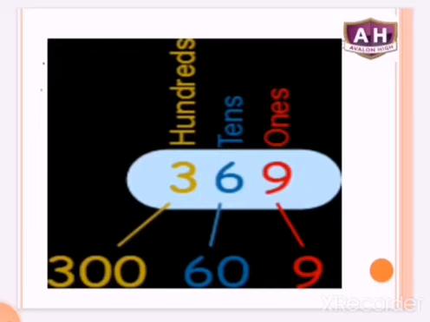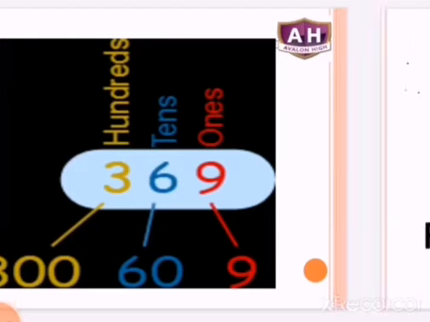It will be 369. We will cut the 0 of 60 and 9. We will put 9 in the place of 0 and 6 in the place of 0 of 3. We will take 3, 6 and 9. It will become 369. As you can see that 3 is in the left third digit, that is 100. So a number in the hundreds will always be of three digits.